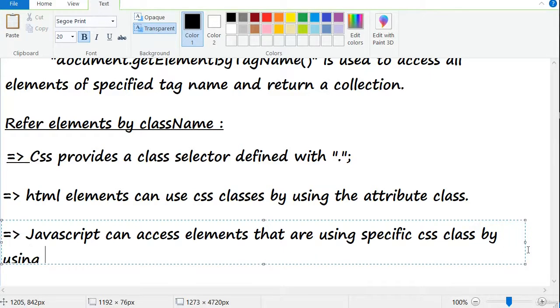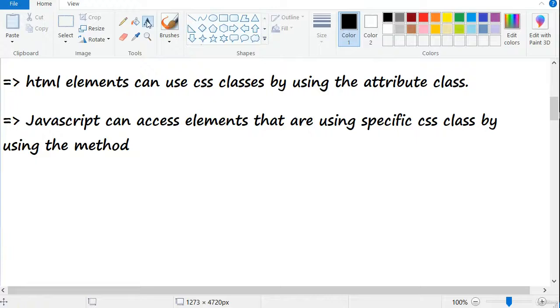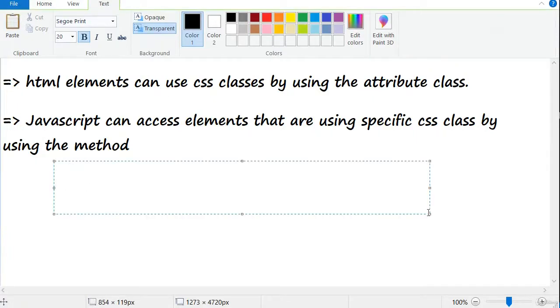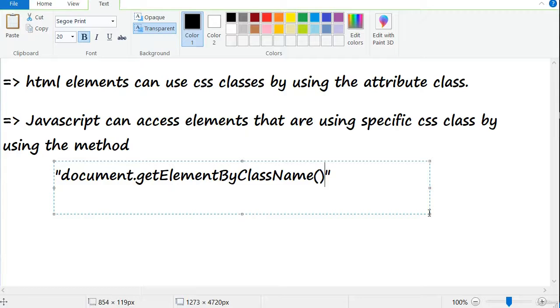By using the method, we have a method called document.getElementsByClassName. This is a predefined method we use to refer to elements by using a class name.